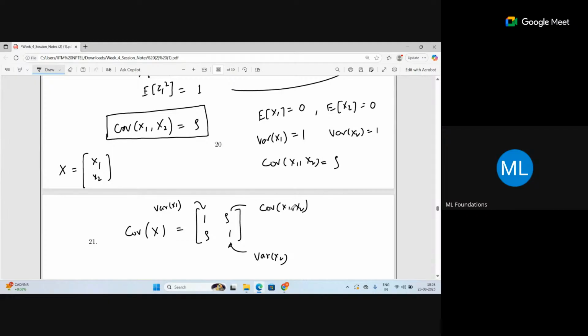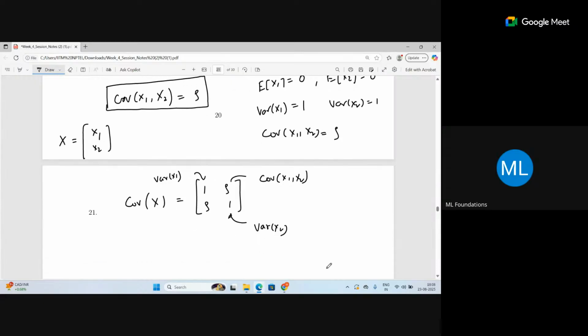And we know the covariance matrix is a symmetric matrix. So I can say that this value also will be the covariance of x1 and x2. Fine. Let us call this matrix sigma. Fine. Let's say this is the sigma matrix, and you can show that sigma matrix is equal to A A transpose.